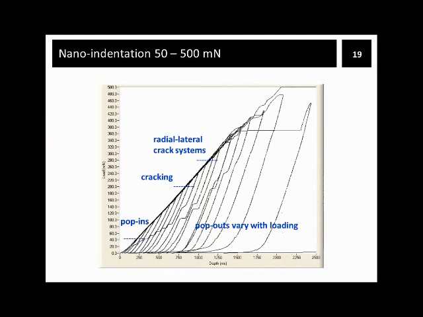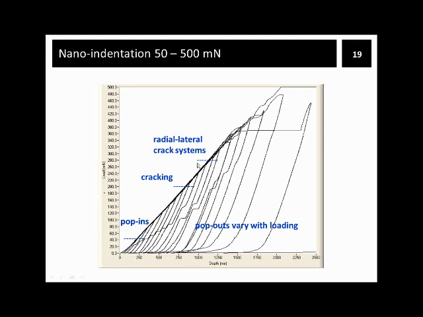By comparing optical images with recorded data, we can identify some first silicon popping events at around 40 millinewtons, cracking around the indentation site at around 200 millinewtons, and some radial lateral crack system developing